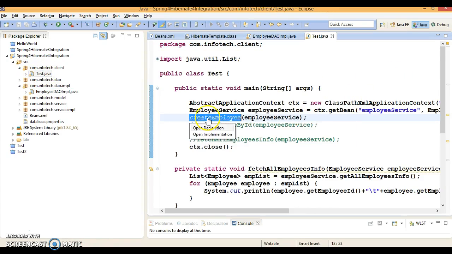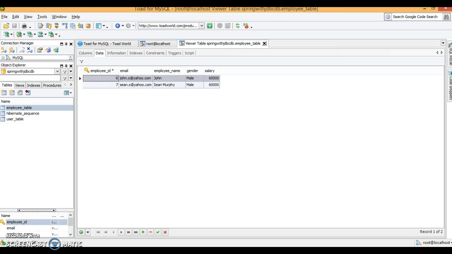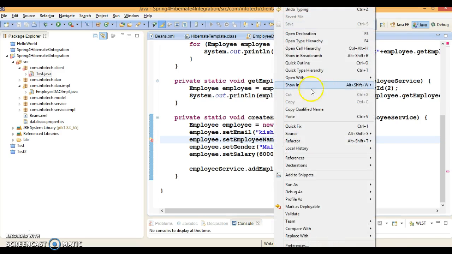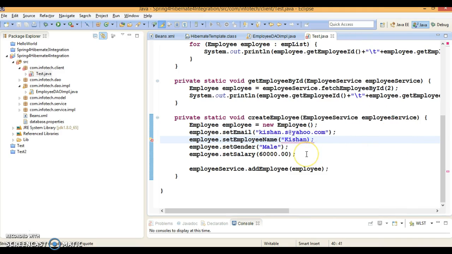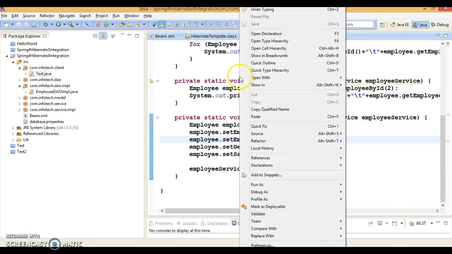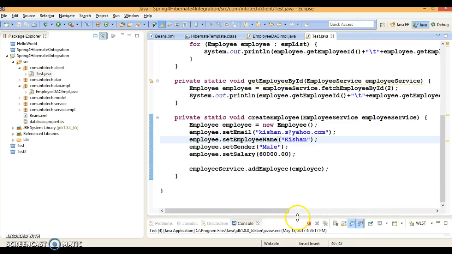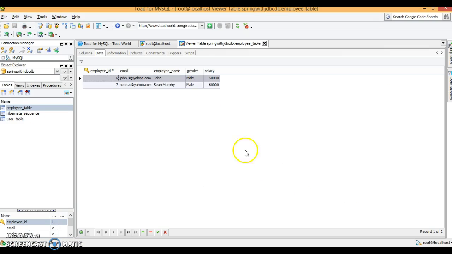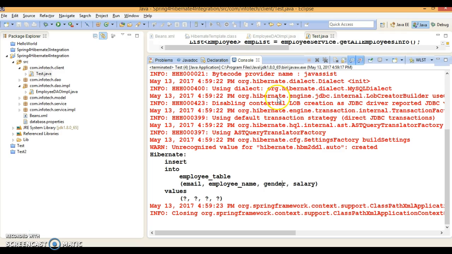So let's start with create first. I want to create a user in the database. The database table is available in the Spring with JDBC schema. So let's try to insert, we'll have to put in double quotes, and let's try to insert a record into the database and see whether this integration works fine or not. Cool, this is working fine. That means this integration is successful.